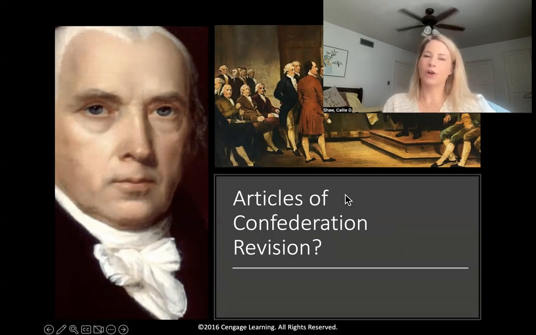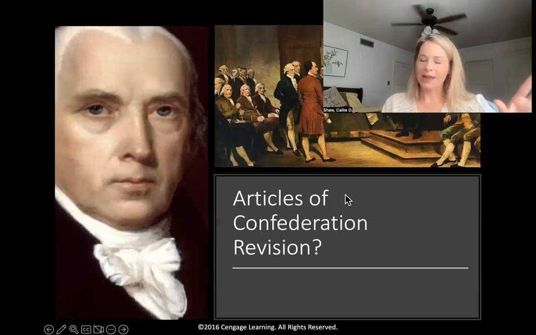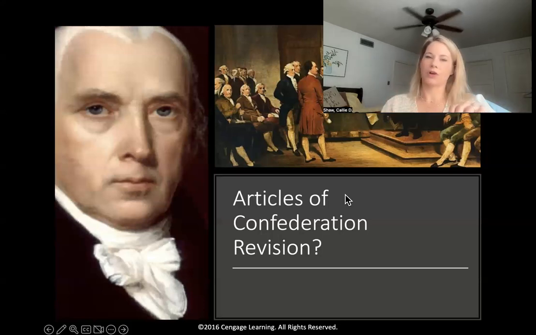James Madison is often overlooked in history, and he should be revered quite a bit, especially in our national history, because if it weren't for him, arguably we would not have a United States Constitution. He's the one that consistently suggested that they should scrap that and instead move toward a new form of democracy, right?